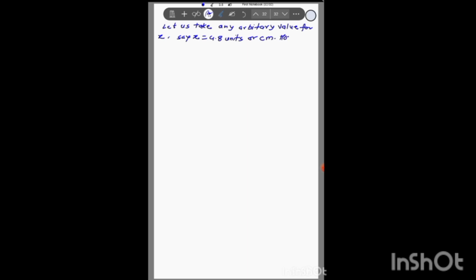However, the method remains the same as in the earlier example. So we take 4.8 centimeter and draw a segment of 4.8 centimeter like this. Extend this segment by 1 centimeter in this way,